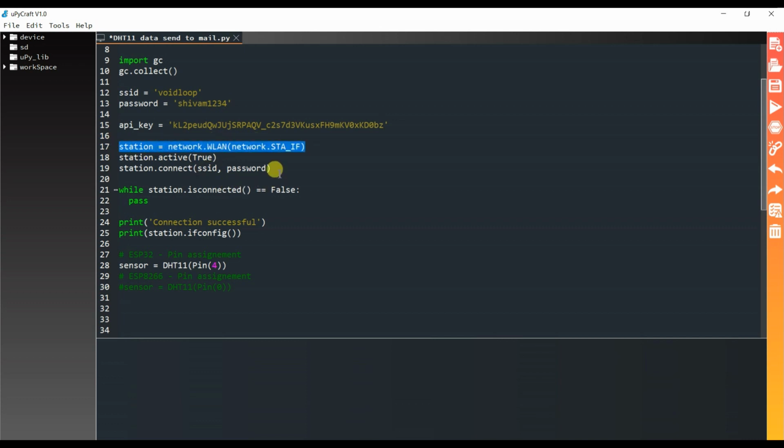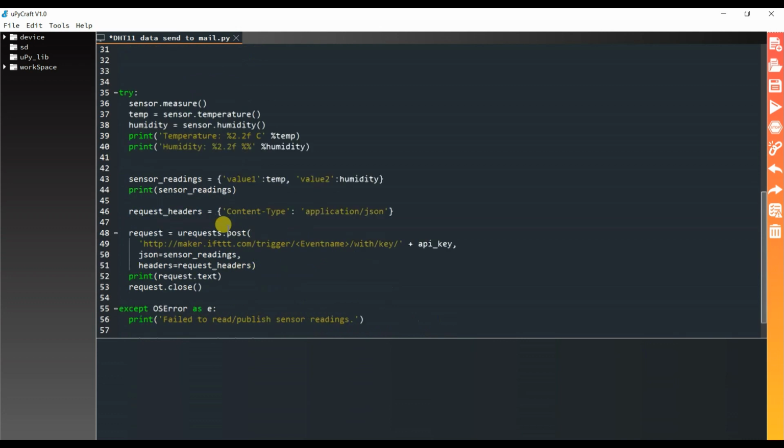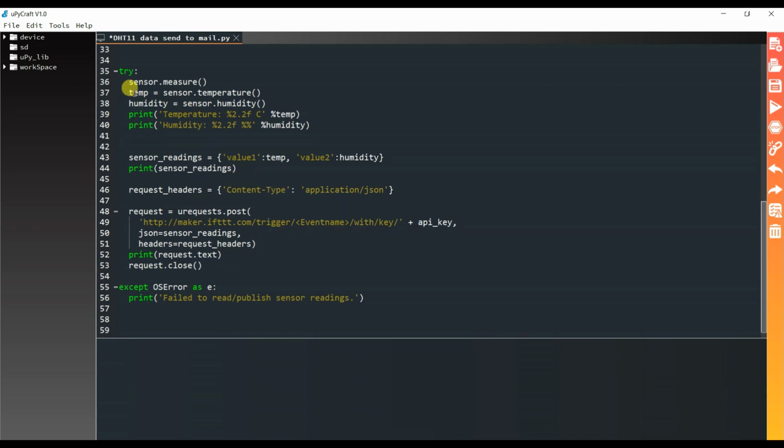Here is the Wi-Fi station. The ESP has been connected to the Wi-Fi network by using the SSID and password. And here I am using DHT11 on GPIO 4. That is correct.